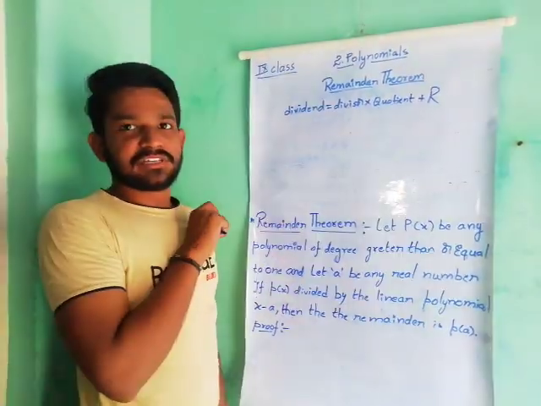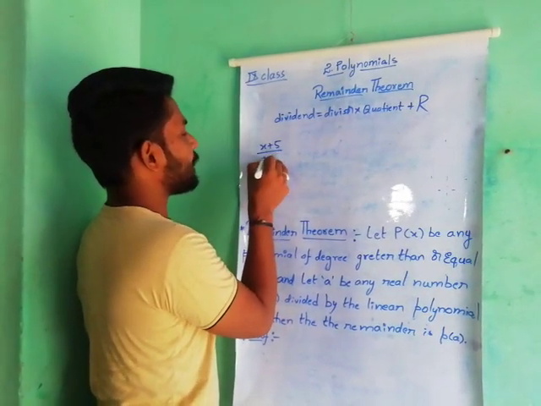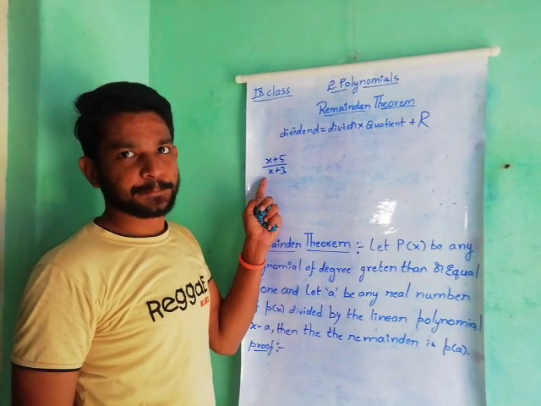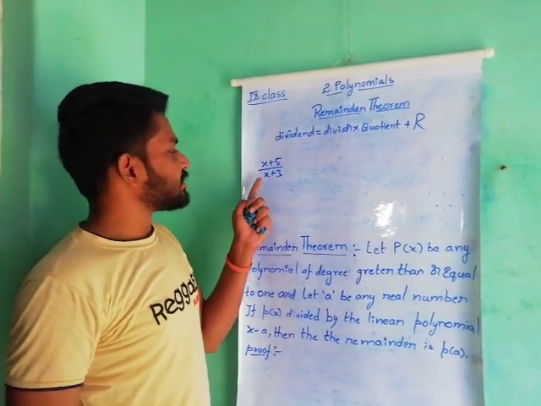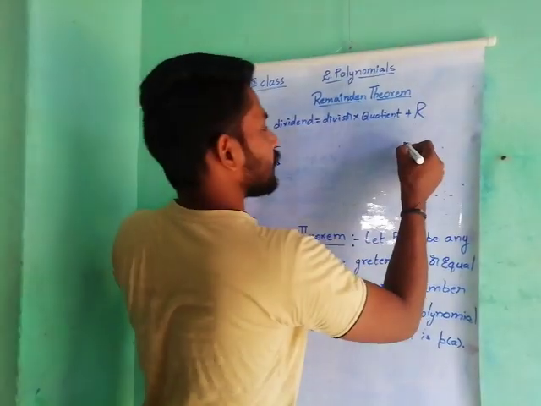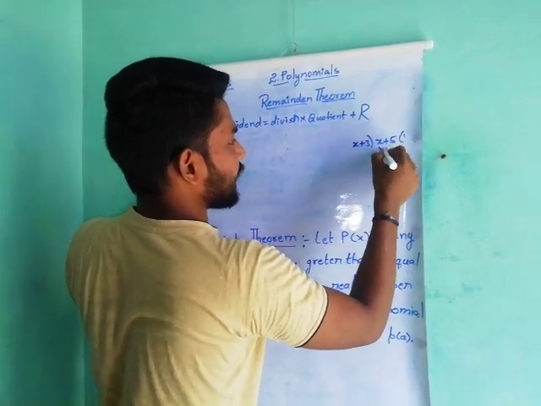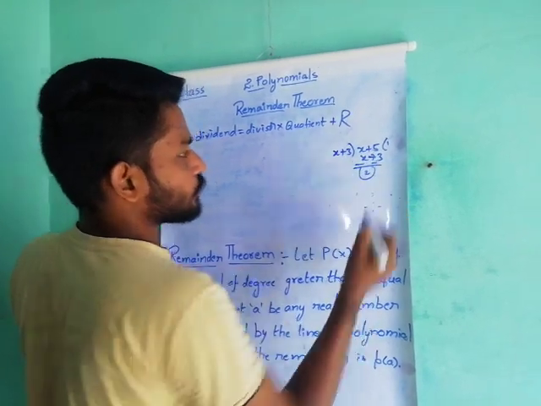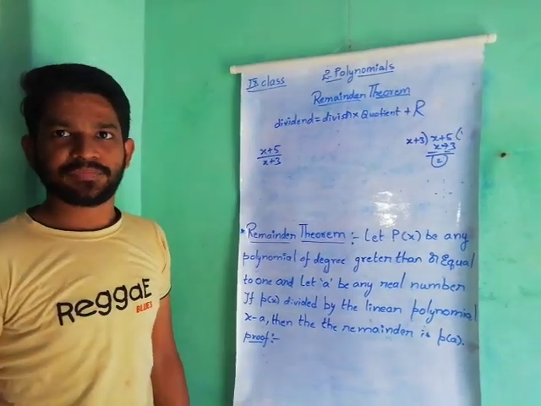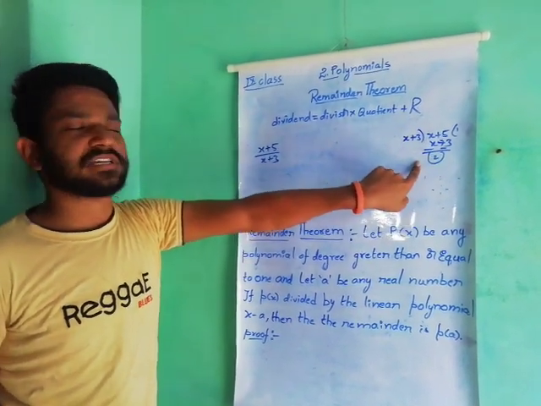In integers we are doing division. Coming to polynomials, for example I am taking x plus 5 by x plus 3. Here the numerator is x plus 5, the denominator is x plus 3. So one polynomial is divided by another polynomial. Shall we find the remainder? x plus 3, x plus 5, x plus 3. Ones are x plus 3. So we are getting a remainder 2 by using the long division method. In polynomials also we can find the remainder by long division.